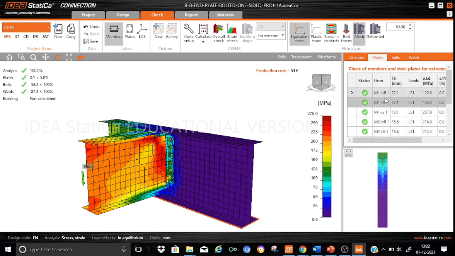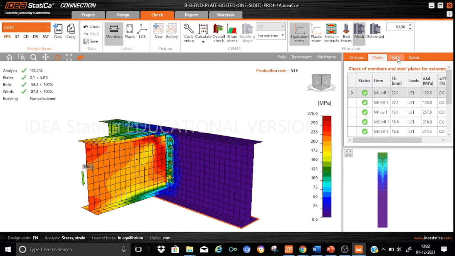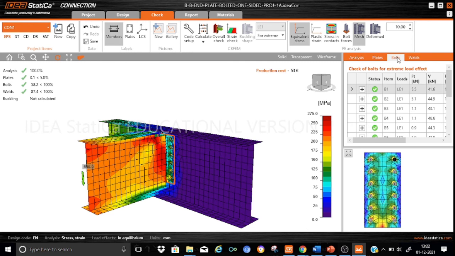Here you will find M1 bottom flange 1 and M1 web 1. Also you will find the main end plate component EP1, and similarly you can also see the results for the bolts. Just below you will find the distribution of the stresses in the bolts